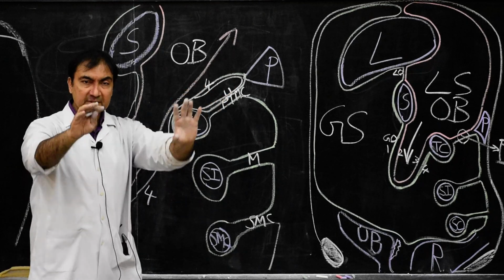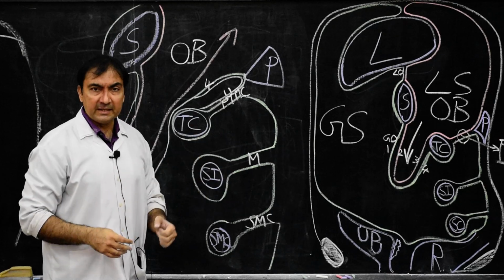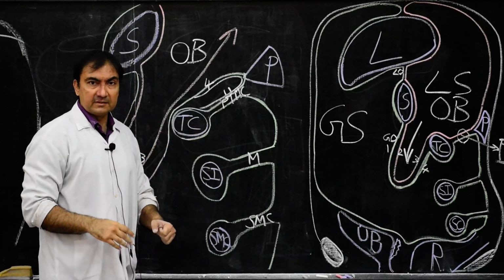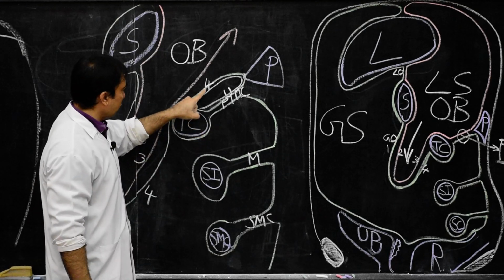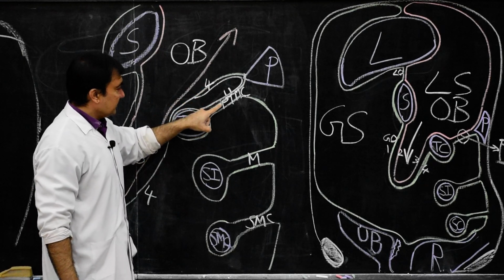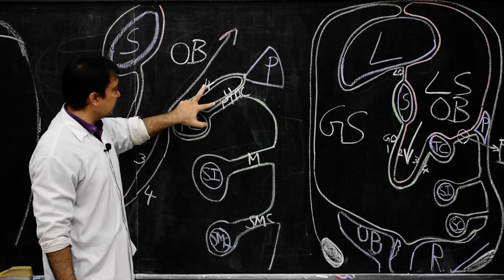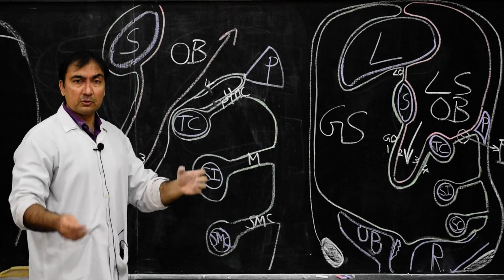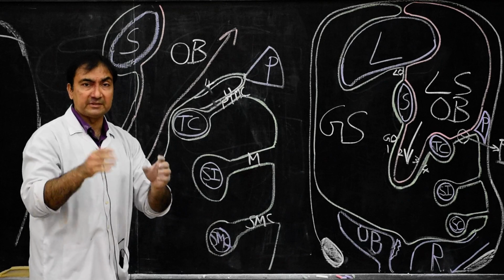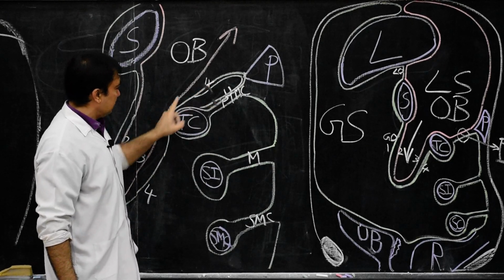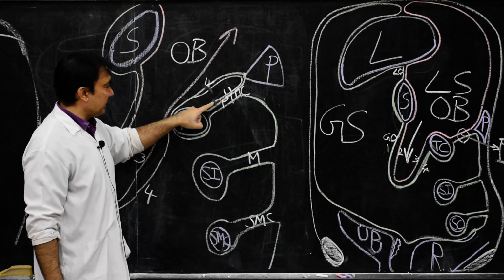Then what happens? After birth, after the passage of several years, there will be zygosis, that is the fusion of two layers. Which two layers? The fourth layer and the upper layer of the primitive transverse mesocolon. These two layers will fuse. That is called zygosis. The mesothelial linings of these two layers will fuse with each other, which is called zygosis of the fourth layer of the greater omentum with the upper layer of the primitive transverse mesocolon.